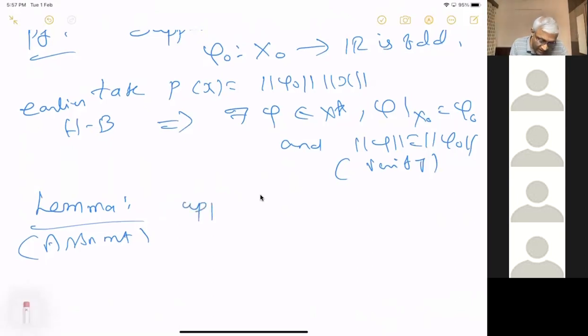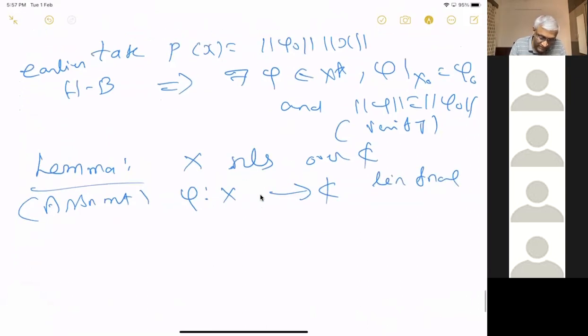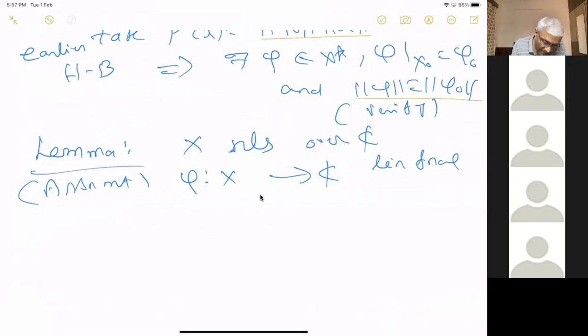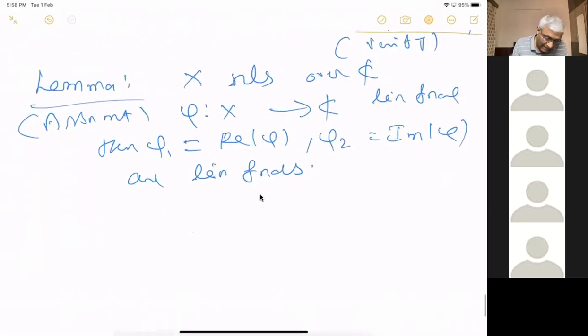So suppose we have a complex normed linear space. X is a normed linear space over C, and phi from X to C is a linear functional. There is no need to assume bounded or anything; it's just a linear functional. Then phi1 is equal to the real part of phi. Phi takes values in the complex plane, so you can take the real part of that. Then phi2 is equal to the imaginary part of phi, both linear functionals, of course. This is clear. And further,